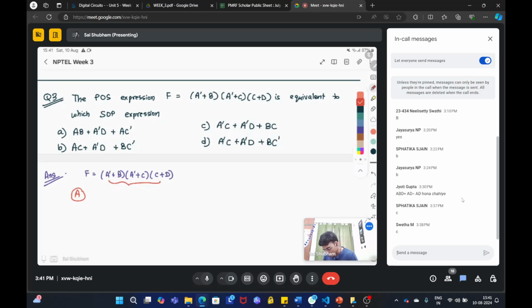So any expression having A is invalid. Similarly,